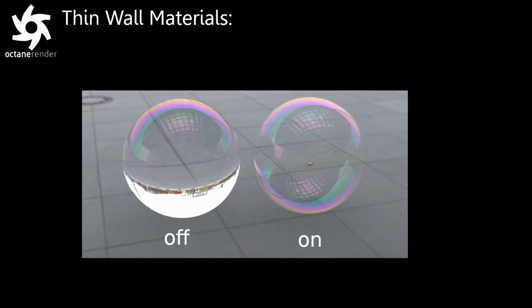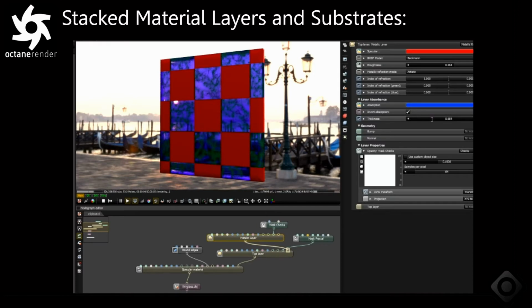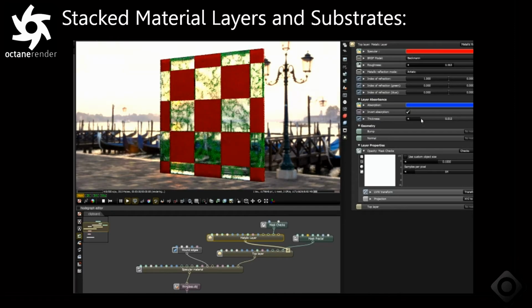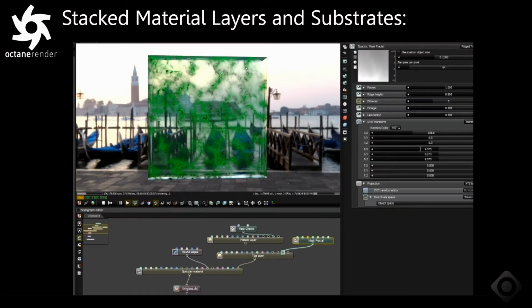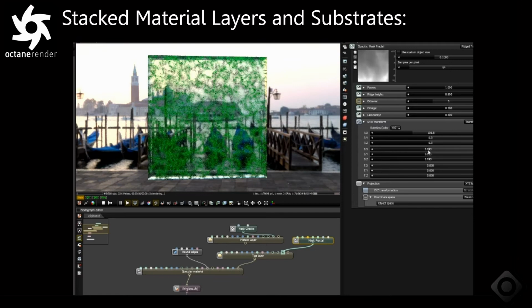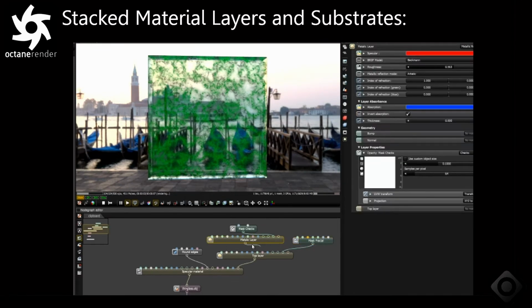We've also added thin wall materials. And you can also stack materials really easily now. So it's a lot like Photoshop layers. Previously in Octane, you had to use mixed materials, which is still there, but being able to stack materials is much nicer. And that allows you to also do much more artistically driven procedural textures and materials as well